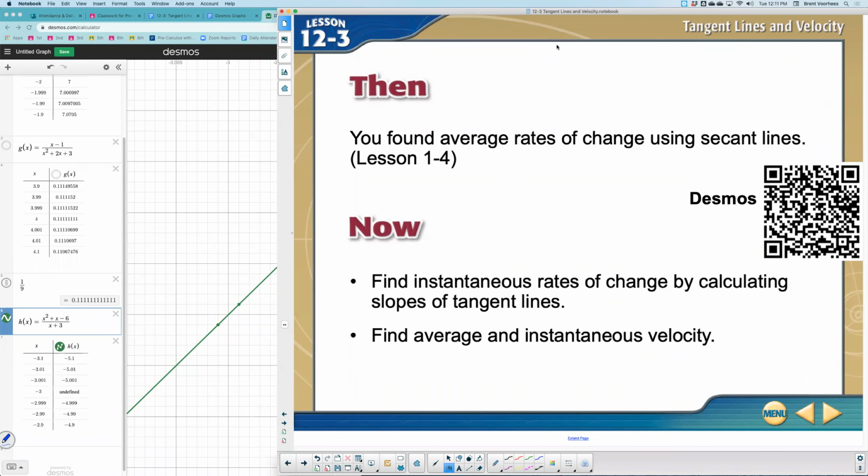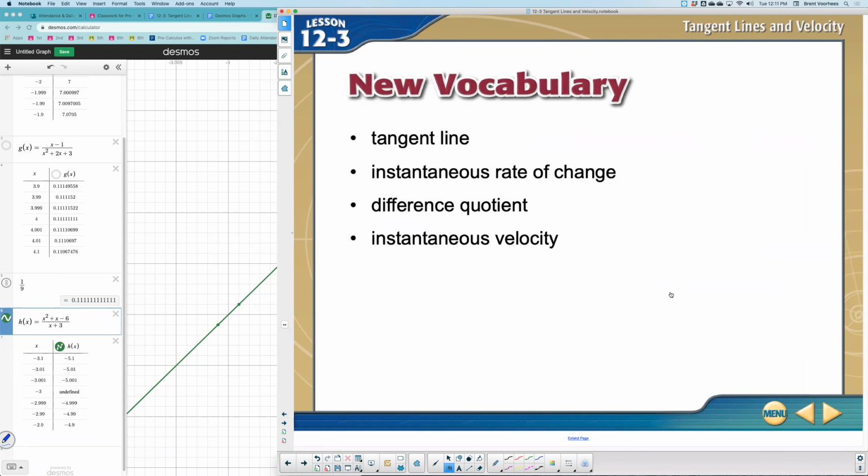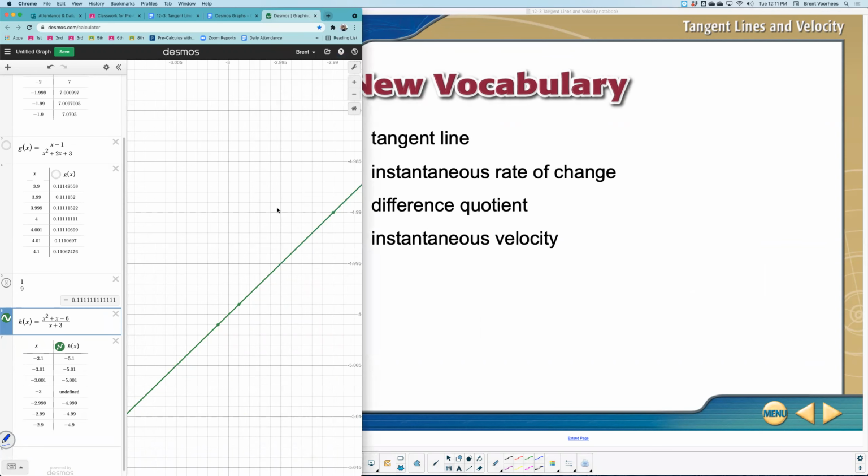All right, now we said in lesson 12.3 we're going to look at tangent lines and velocity. If you want your Desmos calculators, I was just using a blank one, but you could scan that QR code and get right there. So some words we'll get today are tangent line, instantaneous rate of change, difference quotient, and instantaneous velocity. The tangent line, what I want to talk about that first,